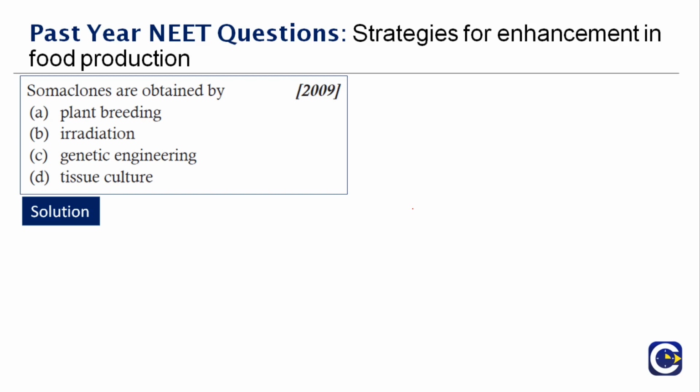Somoclones, or what is the meaning of somoclones? If you see, they are plants that are produced through tissue culture and are genetically identical to the parent plant. Okay, so the clue is again here. The answer is option